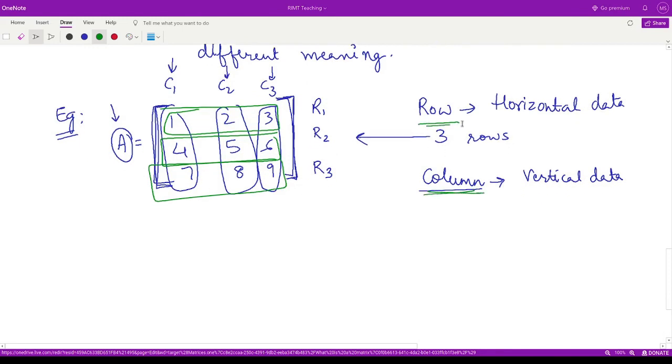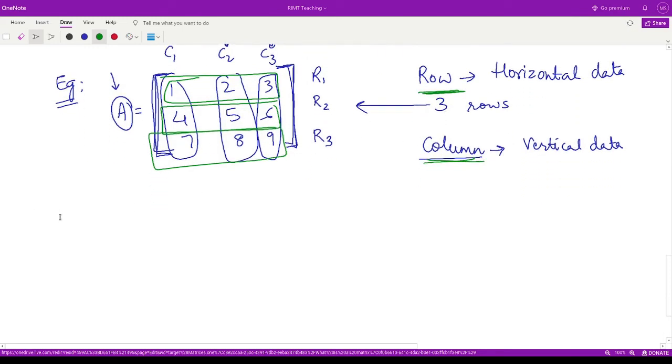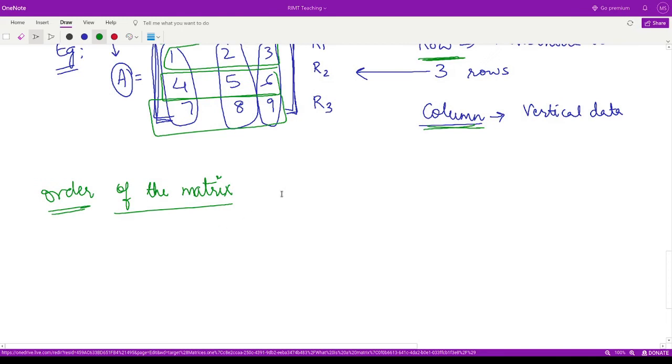Now when we talk about rows and columns, immediately a thing that comes to our mind is the order of the matrix. Now what is the order of the matrix? We define the order of a matrix by writing the number of rows times the number of columns of that matrix.